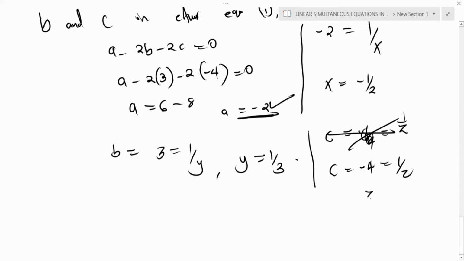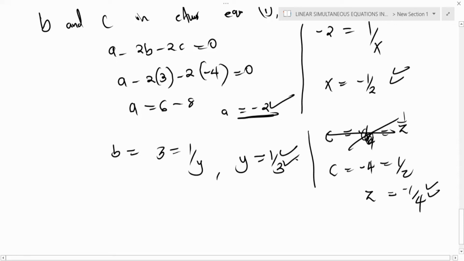Making Z the subject of the formula, our Z will be equal to minus a quarter. So those are the answers. Whenever you're doing any question involving elimination or substitution, follow those procedures, then you should be able to get your answers. And if you replace this